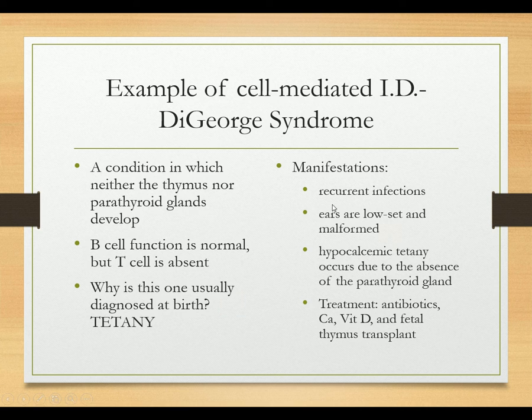Some other things you may see is recurrent infections. Ears are low set and malformed. Hypocalcemic tetany due to the absence of the parathyroid glands. And treatment is with antibodies, calcium, vitamin D, and the only curative thing is a fetal thymus transplant for that part. What they will do is go in and